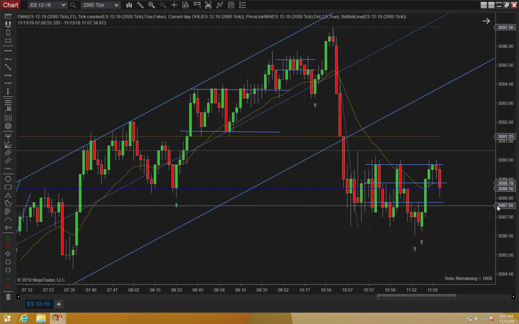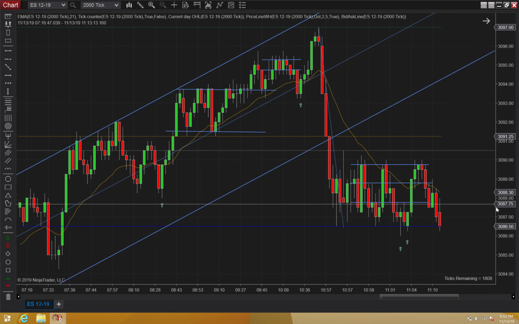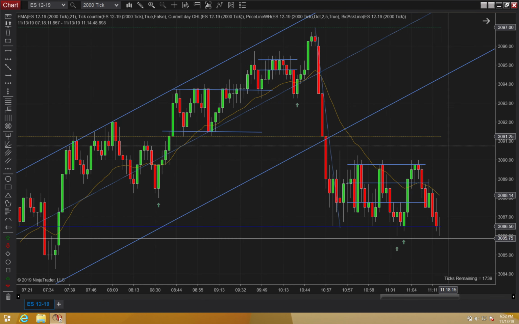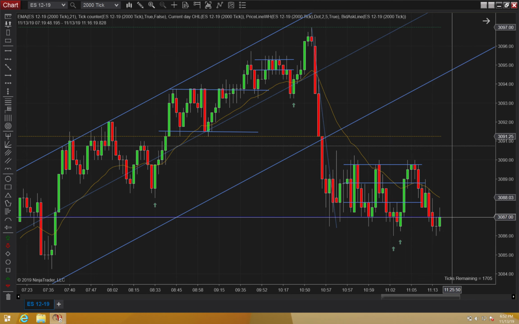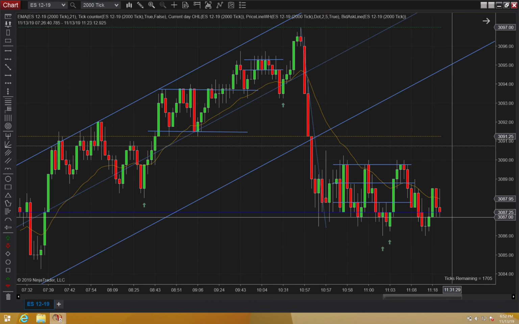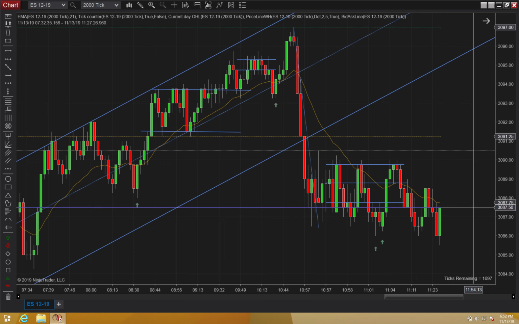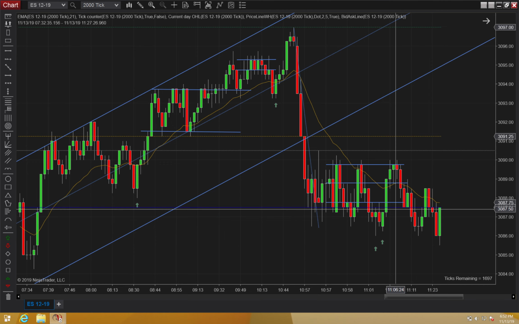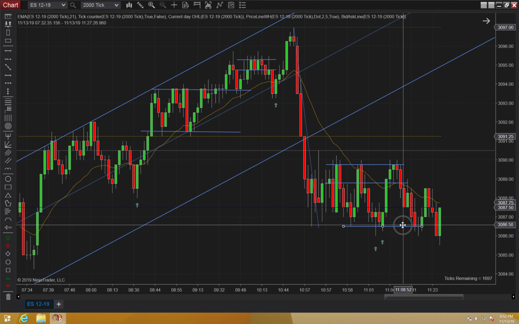That's about right. So we're just bouncing around in this little range. Not seeing any trades that I like. There's a double bottom there. That bounced as well. Nothing though that I'd be willing to take right now. This looks nice, but once again, we're just kind of bouncing around.